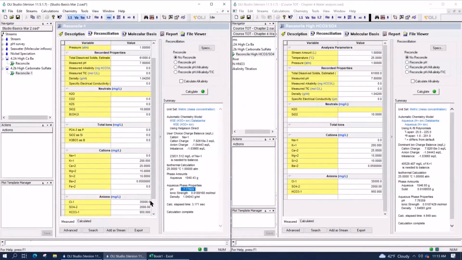If I had used potassium here, it would have added about 39,000 potassium. 39,000 plus the 35 would have automatically produced 74,000 TDS. So we would have known, oh yeah, that's way too much TDS, because the TDS that was measured is about 61,000. So it's an example of where you're using multiple pieces of information to make decisions.